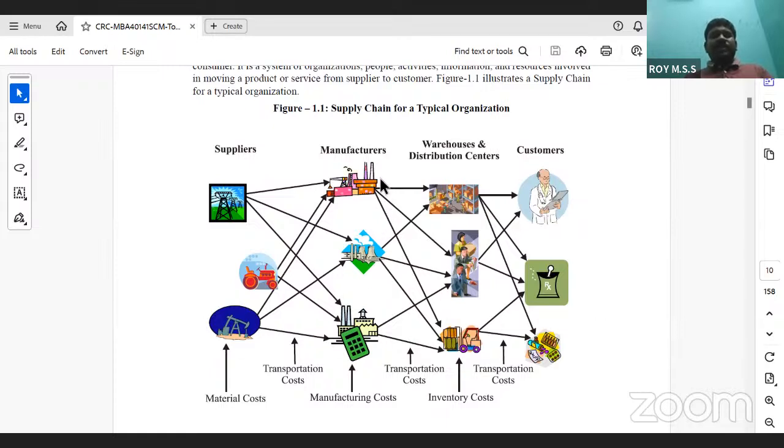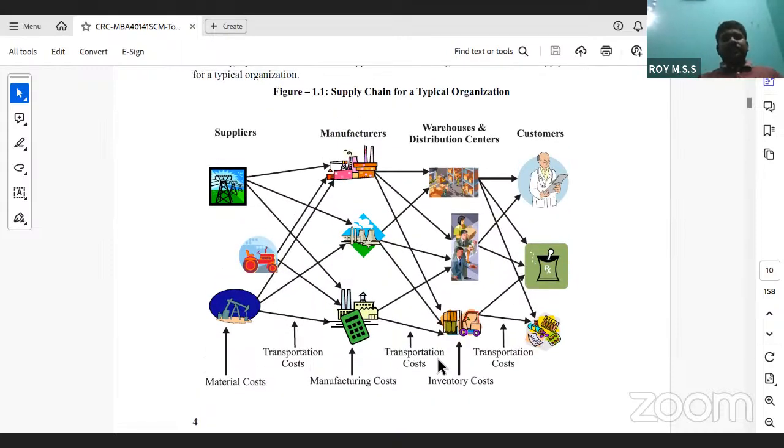Now, what are the other aspects which are included in that? A lot of things. Transportation, right? Transportation cost, material cost, manufacturing cost, and again from one factory to another factory, transportation cost, inventory cost. Even if you buy the raw materials before, or the semi-finished products, or even the finished products, whatever, we need to have inventory. And if you manage the inventory, the cost will be included in that. Again, from there to the scrap or to other places, it will require transportation. Everywhere transportation, everywhere manufacturing cost, all these aspects will lead to the final customer.